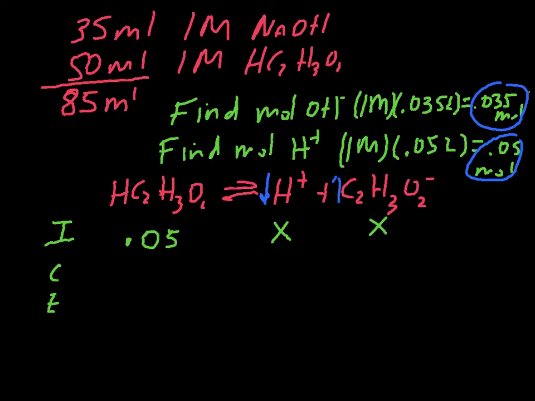to increase the amount of salt by 0.035 moles. Because every time I take away one of these, I'm upping one of these that I get out of it. Which also means the amount of the original acid is going to decrease by that 0.035 moles. And for some reason I left off the 5 over there, so we'll go back and pick that up. Put the 5 there. Which means at equilibrium, okay, I'm going to have